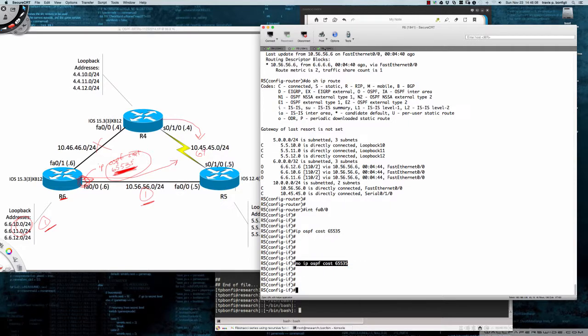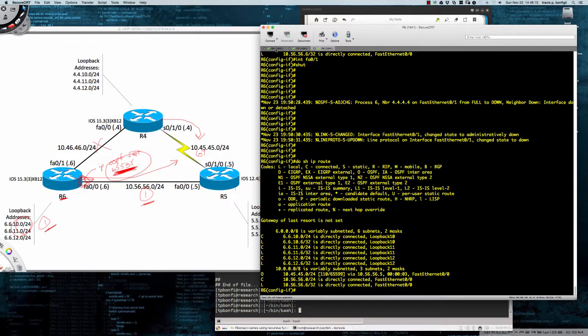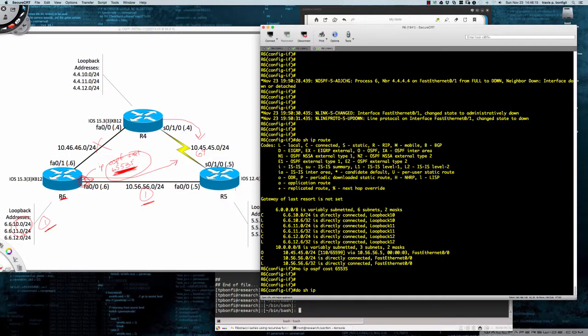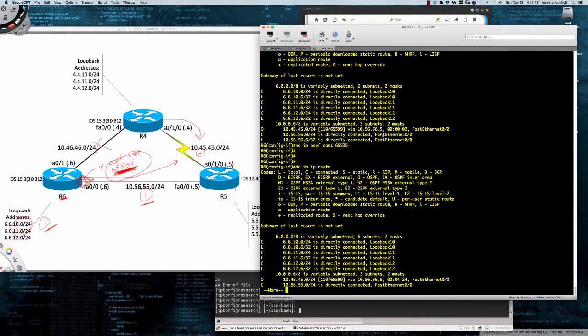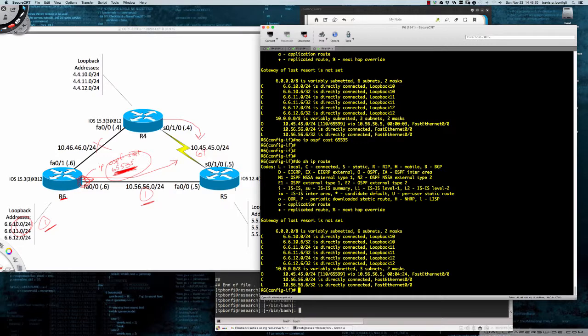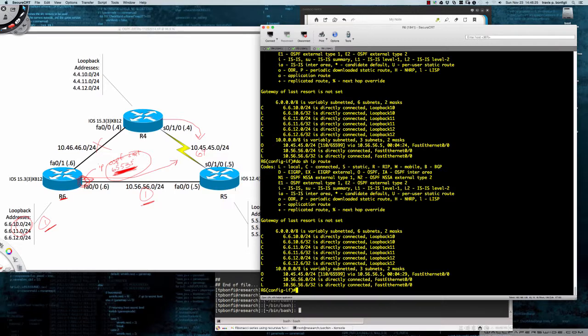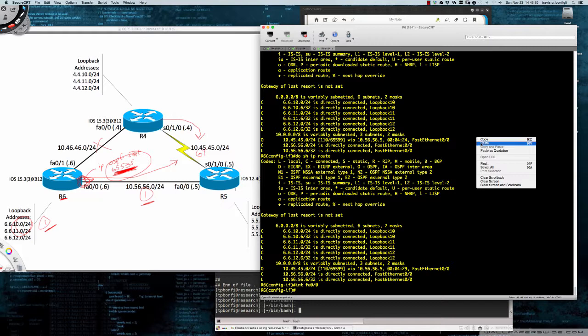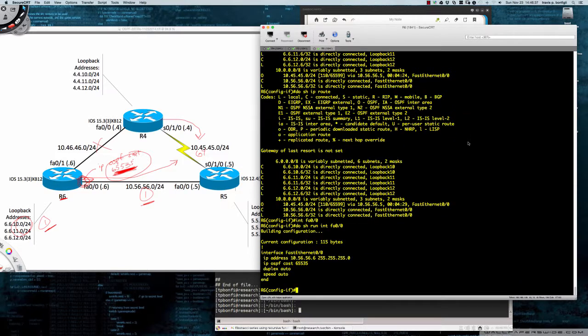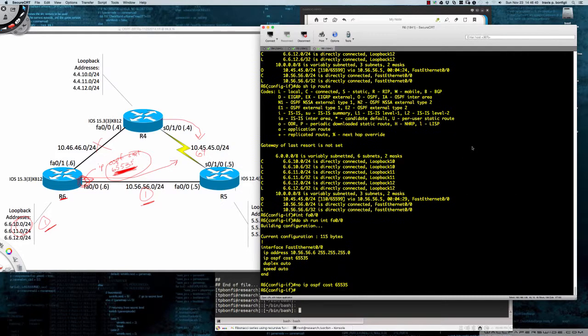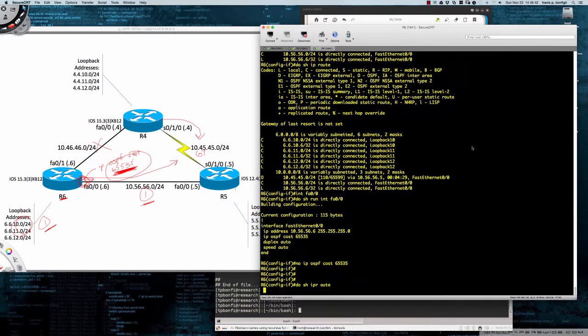Let's go over here to router 6. Oops, I'm sorry. Where did I set that? Yeah, on router 6, and we're going to turn it off there. So now if I do a show IP route, you can see that we still have the old costs in there. And did I actually set that on the right interface? I did not. Let's check it out, interface FA00. Let's do a do show run int FA00. Let's see, yeah, I left it on there by mistake. So let's take it off of there, show IP route now,